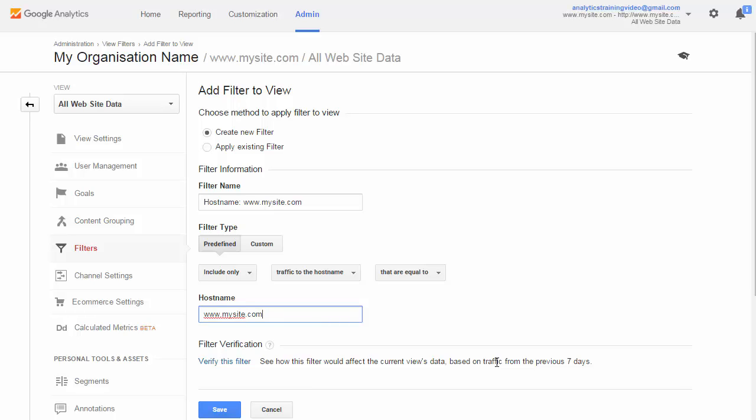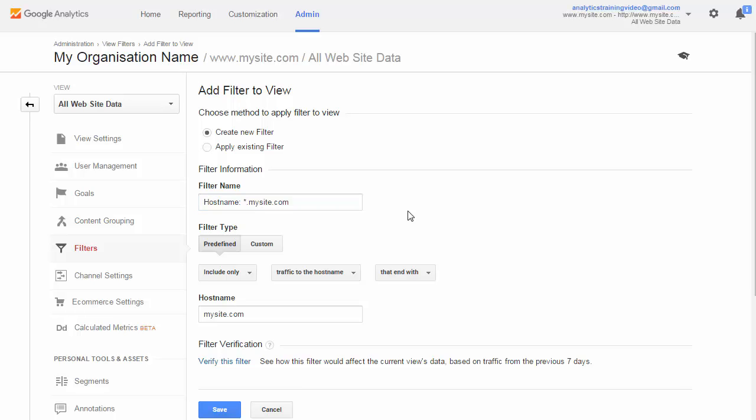However, the other part to that is if you have multiple subdomains, such as shop or resources, or anything else that's hitting that site, that wouldn't be included in that particular hostname because you're saying only include traffic to www. If that's the case, we delete www and we change it to equal to the ends with. So anything before that is absolutely fine as long as the host name that is sending traffic to that particular view is mysite.com. We'll then change the name just to reflect that, so you know exactly what's tracking in there,